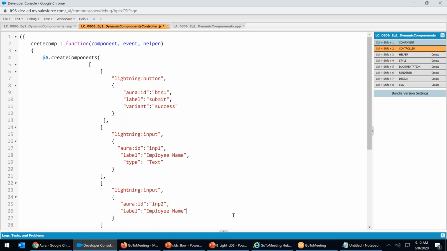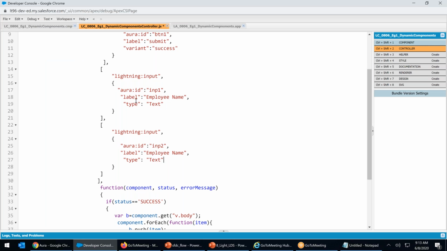Maybe the type is creating a problem, right? Type, also add any missing attributes, whichever is compulsory. If you don't put them there, then there is a problem. Remember this, right? All the compulsory attributes have to be there, mandatory attributes. Type was required, which we forgot. Control S. Now let's check it out.